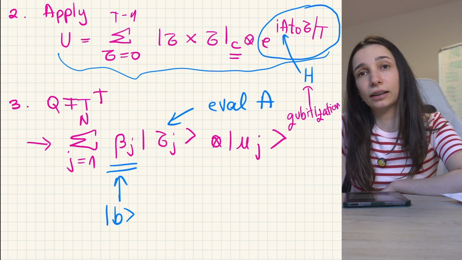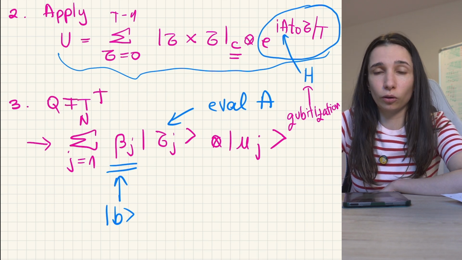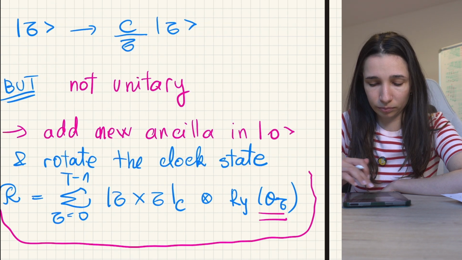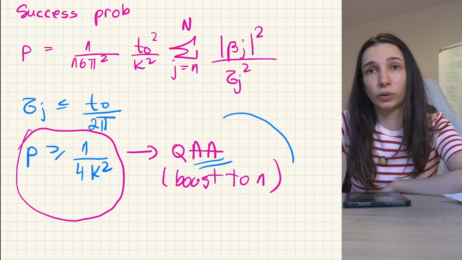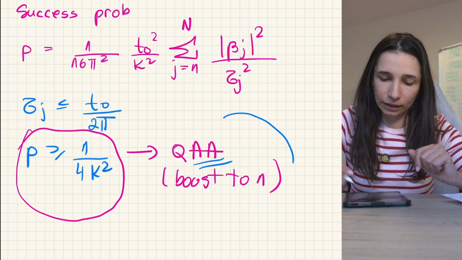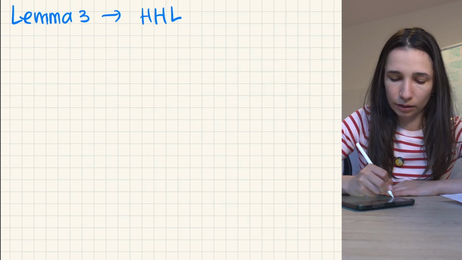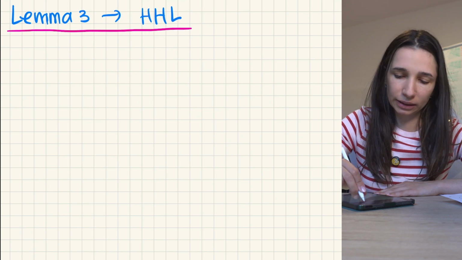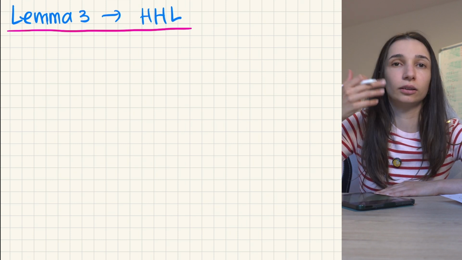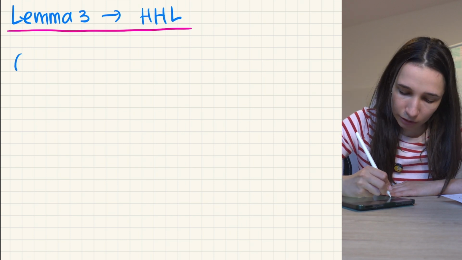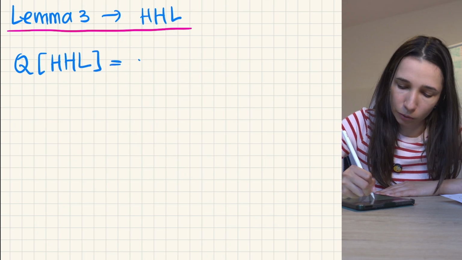So my point is that at the end of the day, the query cost of HHL is made up of the cost of this qubitization method together with the cost of quantum amplitude amplification. So what I'm trying to say is the following. Lemma 3 in our paper summarizes the query costs of the HHL method. And they are given by the two components that I mentioned earlier. So we have that the cost of HHL is given by 2 times